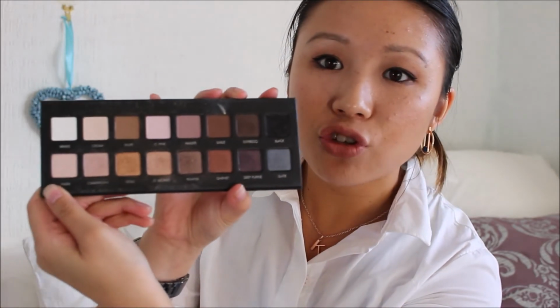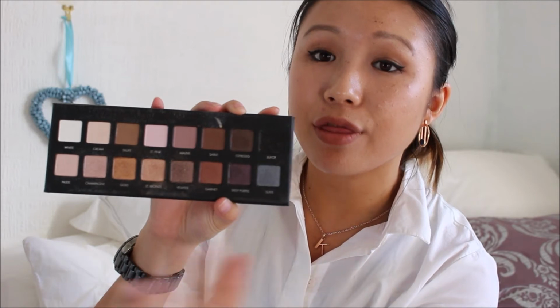The next palette that I want to talk about that I absolutely love and I do reach for quite consistently as well, and this is from Lorac, and it's my Lorac Pro palette. Now I got this from America maybe about a year or maybe 2 years ago now, but I reach for it non-stop, and I'm not really a huge fan of the packaging. I don't really like the cardboard packaging, but I don't really take my makeup out with me, so that's not really a problem. But I love all the shades in there, and they just look really nice, and they actually